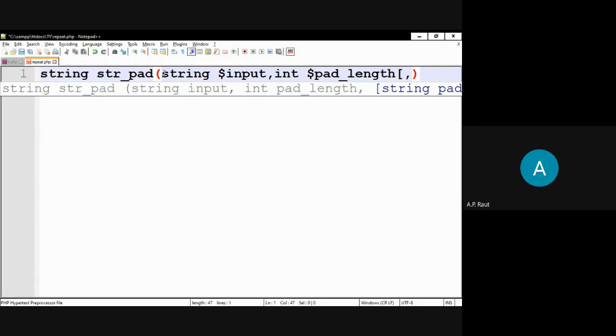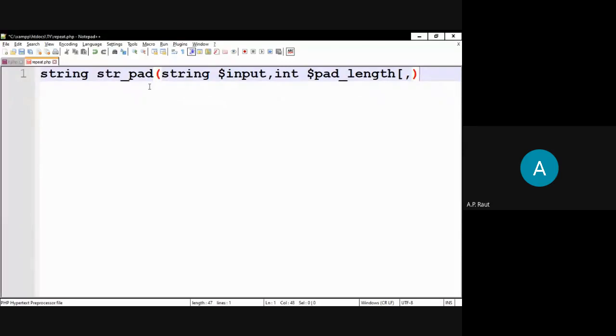you do it, and for this you have the function string underscore pad underscore left. When we pad a string or a character or any word on the right side, the function is string underscore pad underscore right. And when we pad the string or any character from both sides, the function name is str underscore pad underscore both.